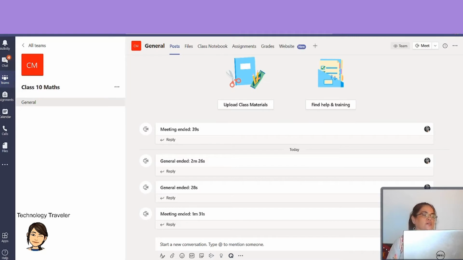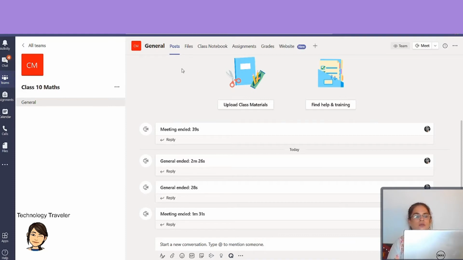Okay, so first things first. Now, as soon as we download Microsoft Teams, this is what comes up. So there are two options, create a team or join a team. Very simple. I have made a team for class 10 mathematics. Now, I'll very quickly, without wasting more time, go on to the top features of Teams.